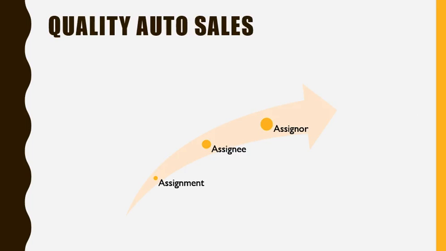Now let's take a look at the Quality Auto Sales Inc. sales question. You will be answering the question of whether Quality transferred the right to receive PAM's payment in an assignment to Rapid. The parties in an assignment are the assignor, the assignee, and the obligor. So you want to make sure that you discuss these three parties when you're discussing an assignment question.